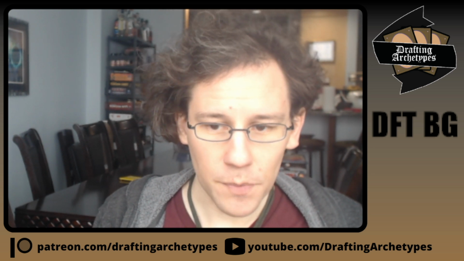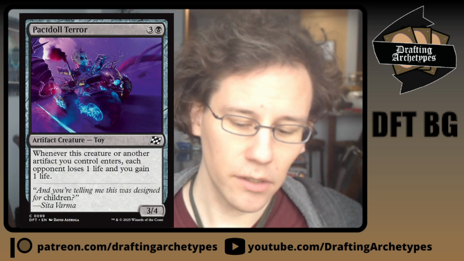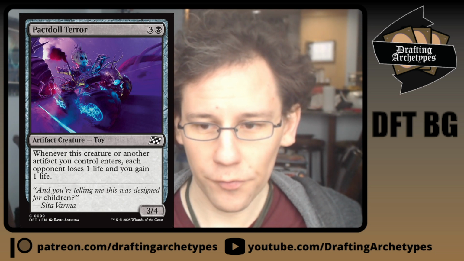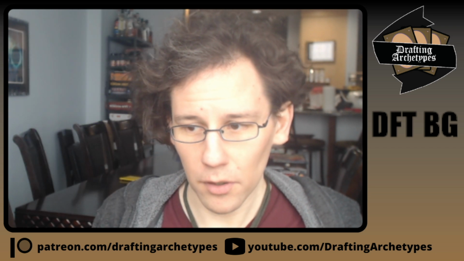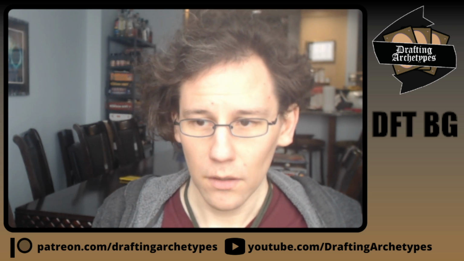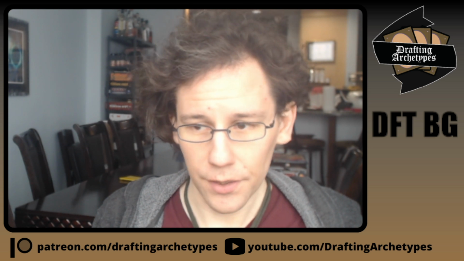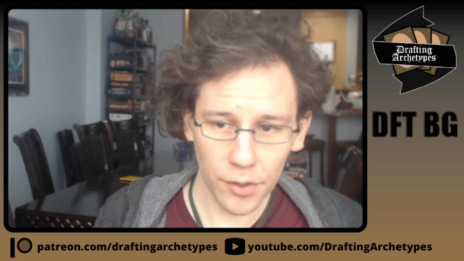Due to the black commons, black-green can also be surprisingly interested in artifacts. Pactol Terror is really, really good. That's the 3 and a black, 3/4. When an artifact enters, drain your opponent for 1. That plays really well with Grimbauble and the Wreckage Wickerfolk. And just a bunch of the other stuff you're playing, Broodheart, and both of the black-green uncommons